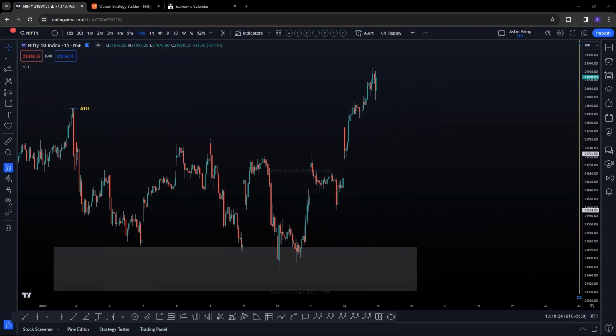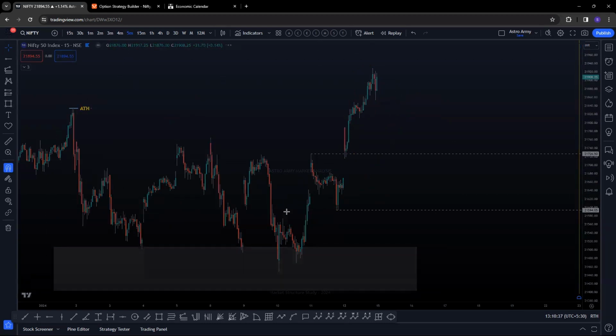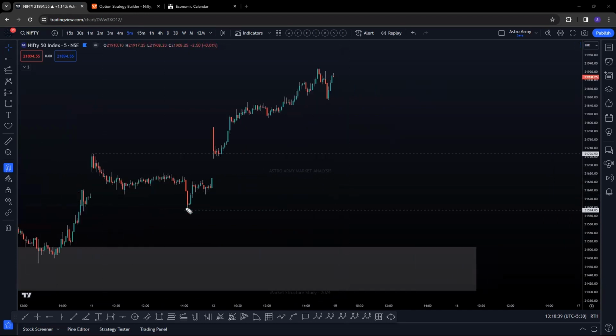Why? This also has to have a logic, because if this is your A, B, C wave, right here, this entire move is a pump. This entire move is a pump. If you go down to a smaller time frame of 5 minutes, you can see that this is a small 1-2 wave, straight gap up and single direction on the upside, right? This is what we call a pump. Why? Because hardly there has been a 38 to 50% correction in the entire internal structure. Okay. So this is what is called a pump, and immediately this entire pump will get retraced.